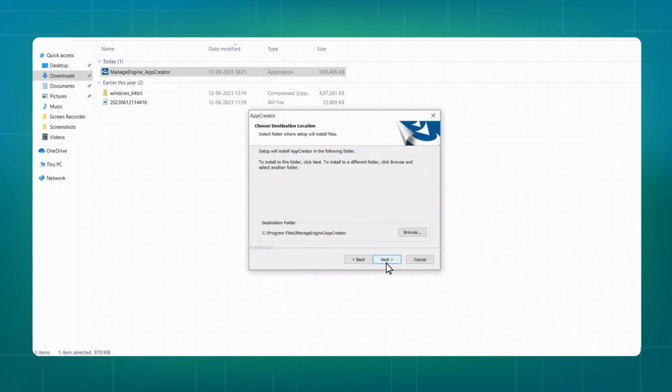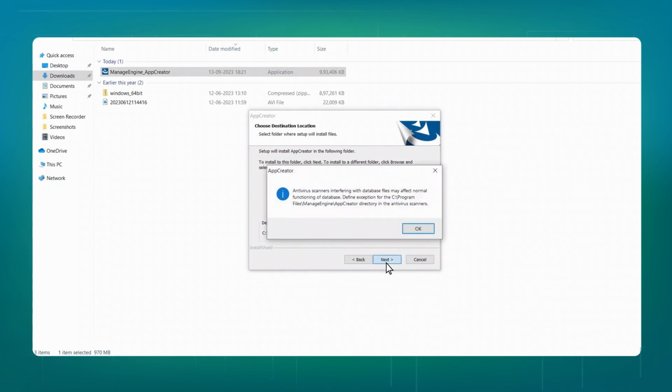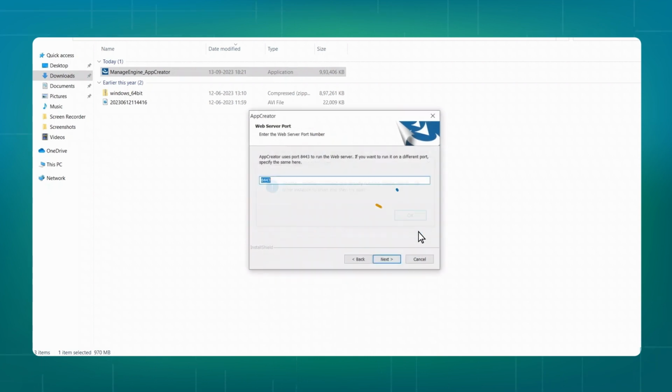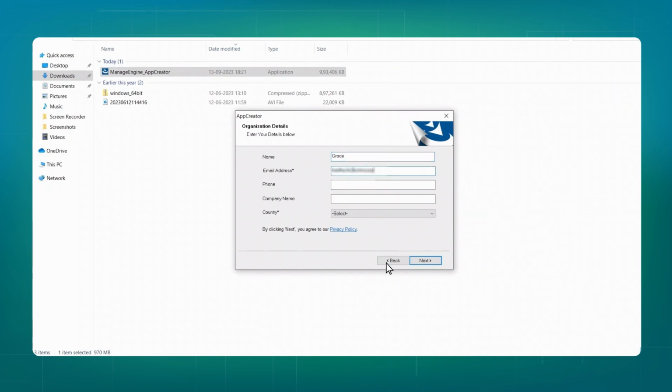Click Next. Now, the folder where the AppCreator is going to be installed is shown. You can change this if needed by clicking Browse. Once done, click Next. You will be asked to define an exception for the ManageEngine AppCreator directory in the antivirus scanners. Click OK. Then set the web server port. By default, it will be 8443. Click Next. Fill in your details